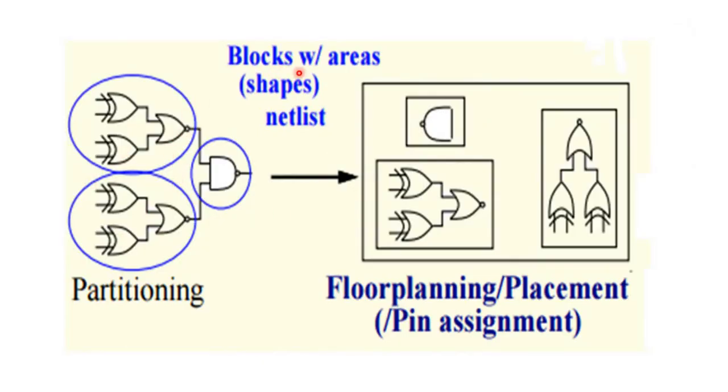So these are nothing but the blocks and wires or areas. So our netlist is this one. So how can I place my design in the designed area, that means the silicon floor? After partitioning all the parts, I can place my design on the area I selected on the silicon chip. So that is nothing but floor planning.